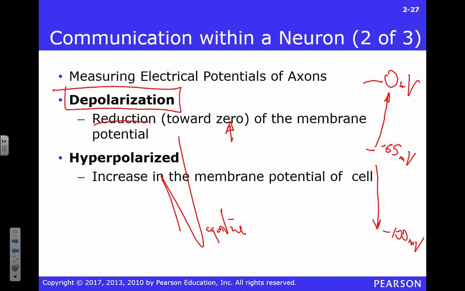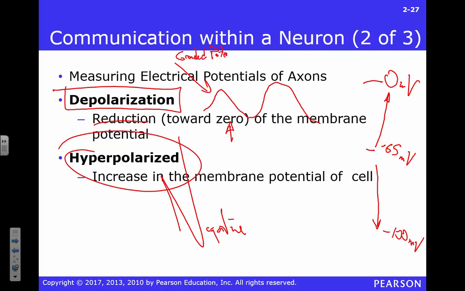So depolarizing, hyperpolarizing. Depolarizing, hyperpolarizing, right? Constantly up and down. Doing that all day long. By the way, for those of you that want to know, this is called a graded potential. Why is it called a graded potential? Like this class, you could get an A, a B, a C, a D, F. I don't know what they had against E. You could have all of those things.